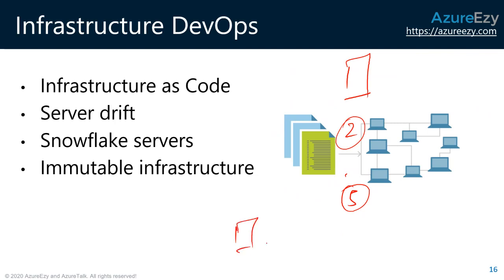Now, after 5 years, you want to migrate it to Azure. Now you don't know what changes have happened over a period of time, over 3 years. And that's what we call a Snowflake server. Snowflake servers are working fine, but we don't know what configurations are working, because there has not been change tracking. We don't know what changes have happened. If at all we would have made changes using version control, using code, it would have been possible.